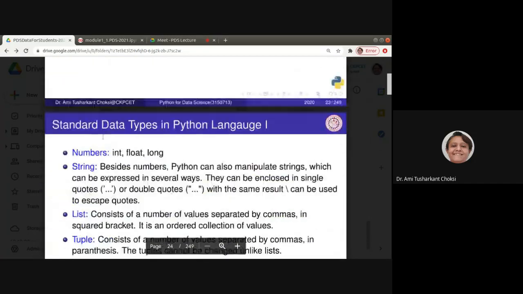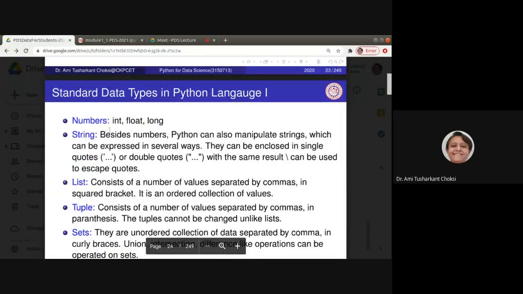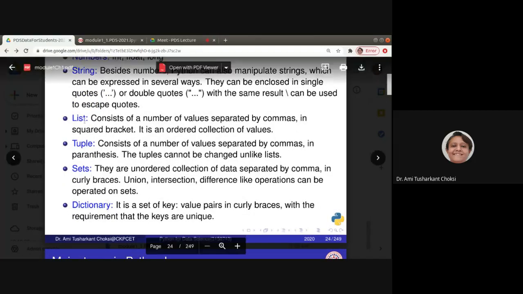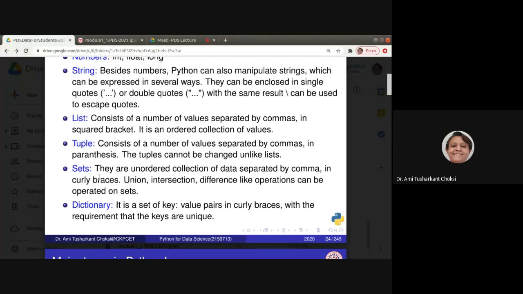Fine. Then after the basic elements, numbers, string, list, tuple, sets, dictionary. Once again, let me tell you the difference. List, tuple and sets all consist of a number of values separated by commas.